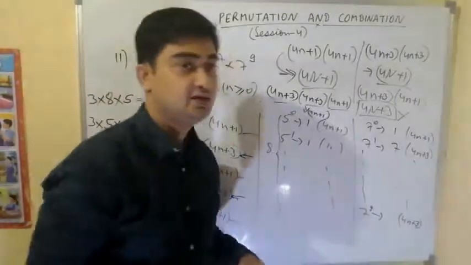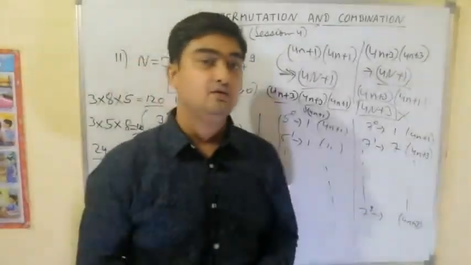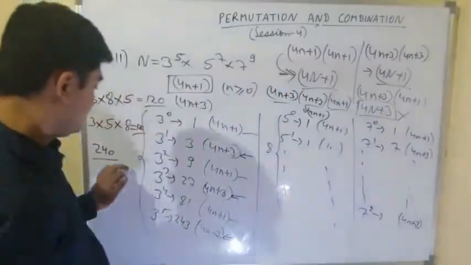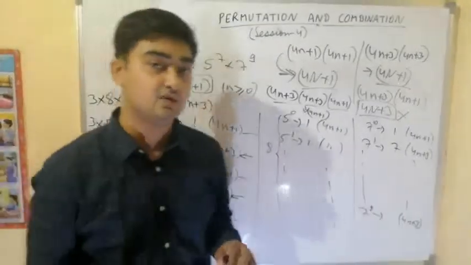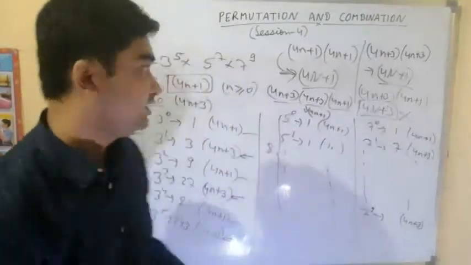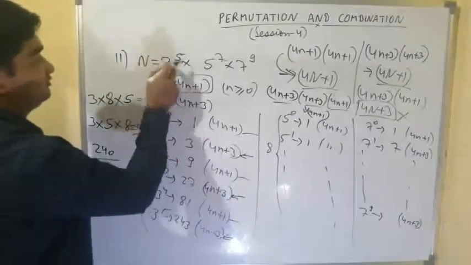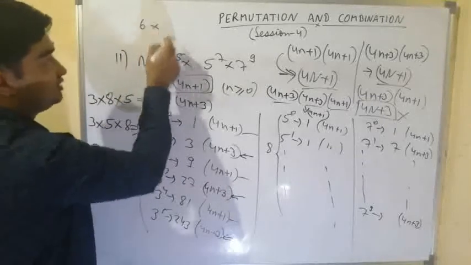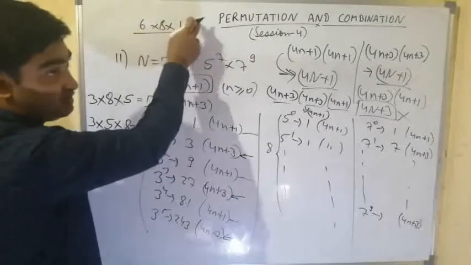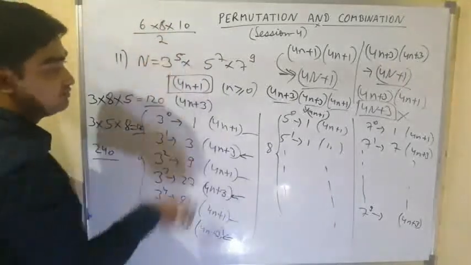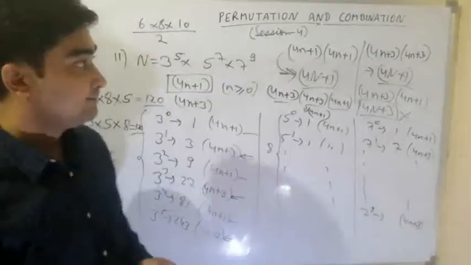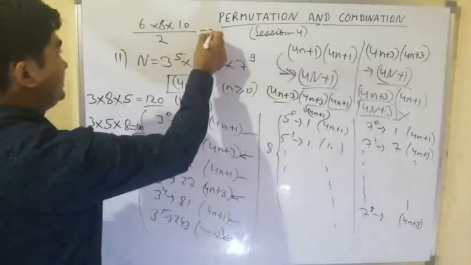Generally what happens is in books, in most of the cases the answer will be given as 240, but an explanation will not be given that why it is 240. And if an explanation is given, what will be given? That total roots are, with 3 we have 6 choices, with 5 we have 8 choices, with 7 we have 10 choices. Total divisors are this. Divide by 2, that is half of these are of the form 4n plus 1, half are of the form 4n plus 3. So we'll get the answer 240.